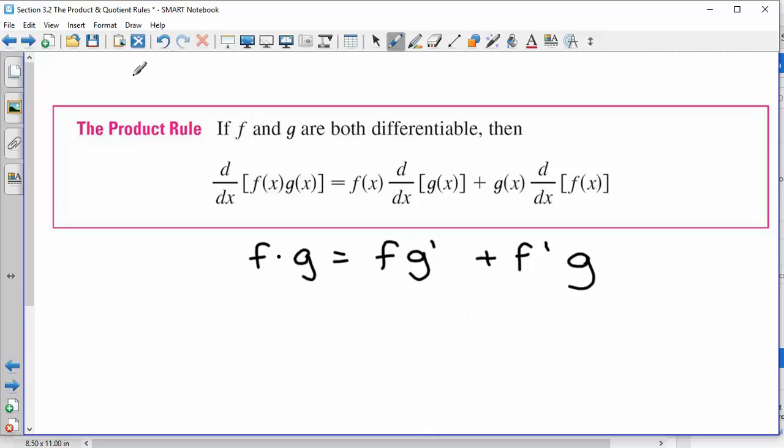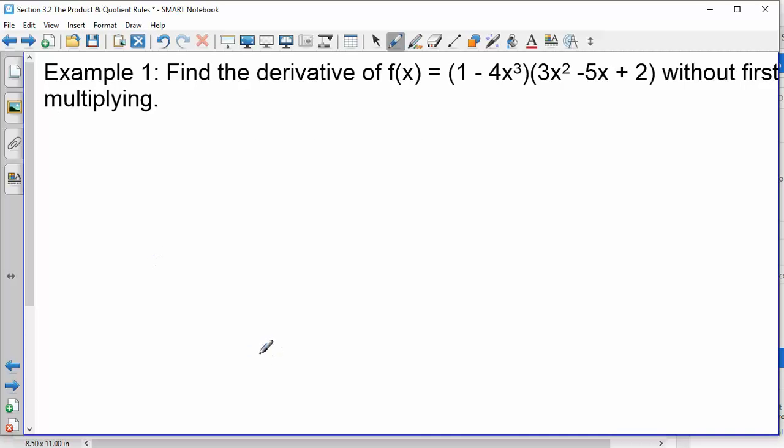So let's try a problem. If I want this derivative without multiplying it out, this wouldn't be a horrible one to FOIL, and sometimes you might find just because we have a product rule doesn't mean you have to do it that way. So if you want to simplify first, there are cases where that's going to be faster. If I want this derivative,